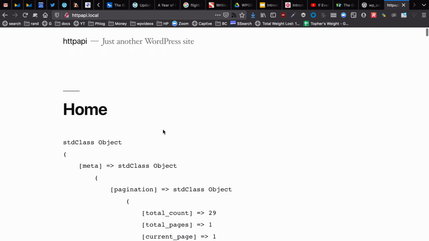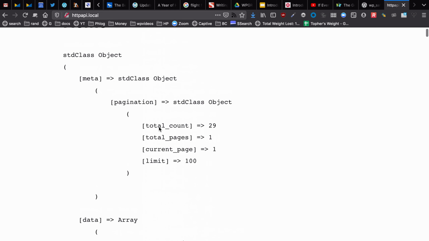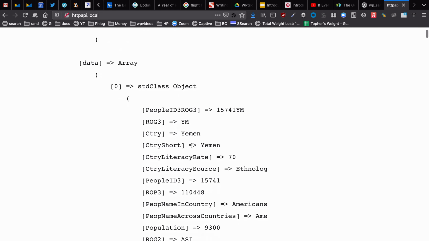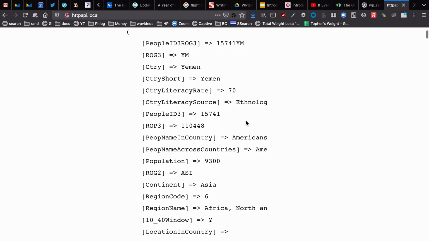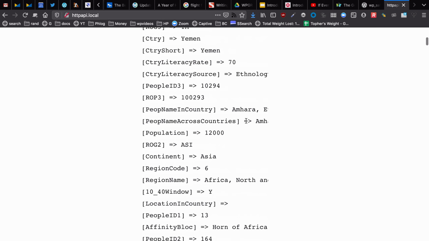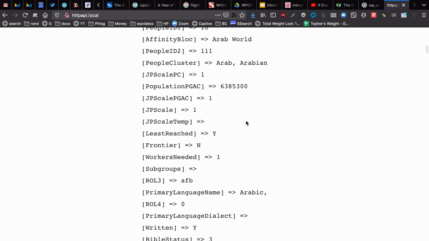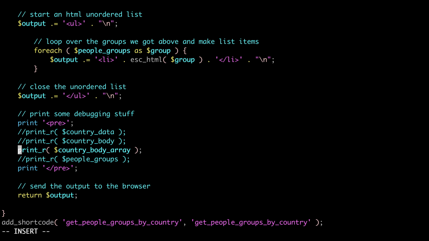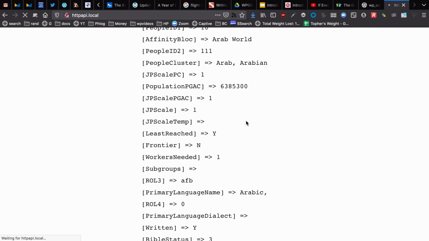So I took the body and I converted it to an array. And look, same data. So there's meta, and then there's data. So remember data 0 country? Right there's Yemen. That's what I'm printing. So that was one people group. Here's another one, and another one, and so on and so forth. Then I used wp_list_pluck and said I only want the people groups.